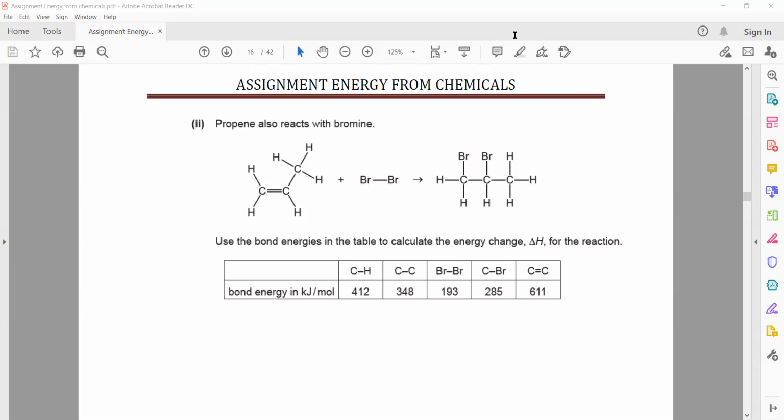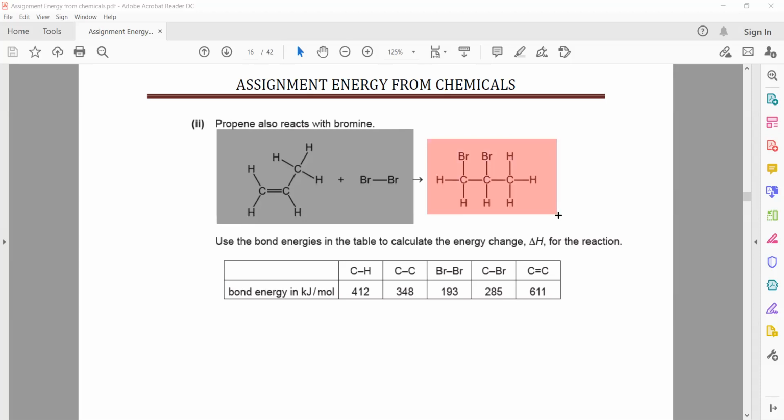So what are the bond breaking reactant? This side is a reactant side, and this one is a product side. So reactant side, the bond will break, and the product side, the bond will form. So how many bonds are breaking? You can identify, like this is C double bonded with C, CH, CH, CH, C